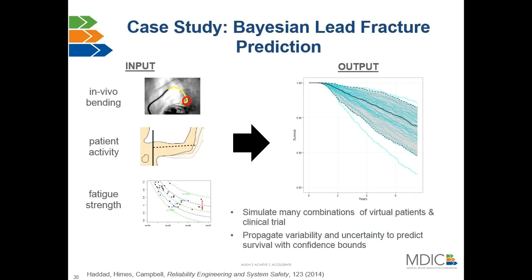So, in the case of a lead fracture prediction, what you need to do is you need to understand how the device and the body interact. So in this case, we collected many use conditions and did high-resolution imaging to see when a person moves their arm, what kind of stress is applied to that lead. And not only that, we had to do that on many different patients to get the whole distribution of what the possible stresses could be across a range of demographics of age and body type and activity levels.